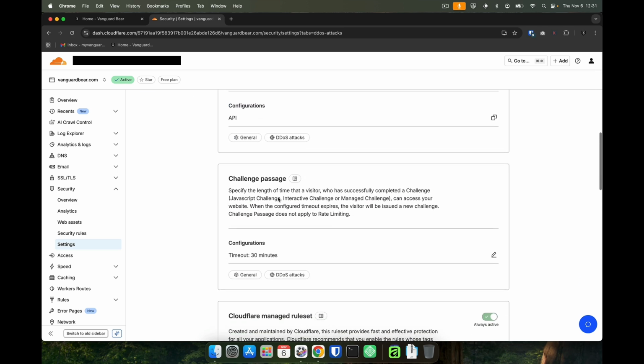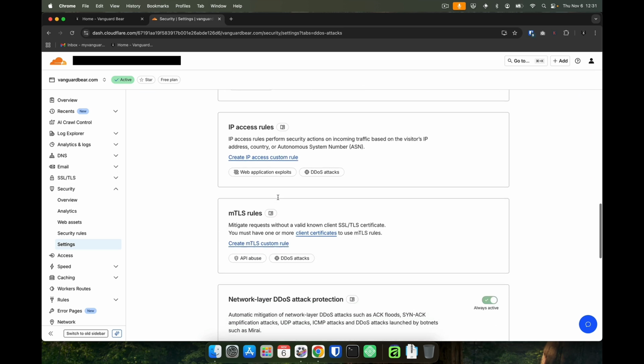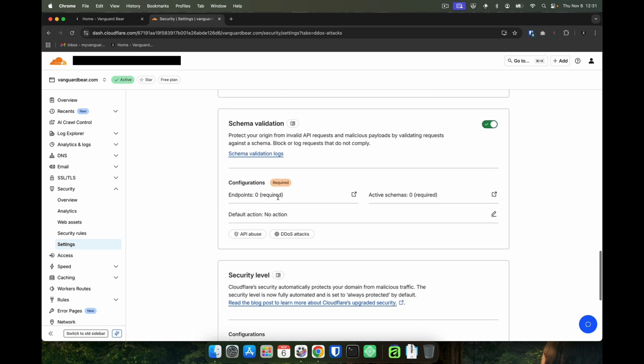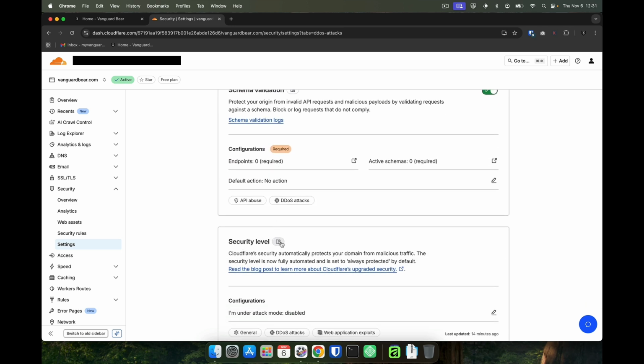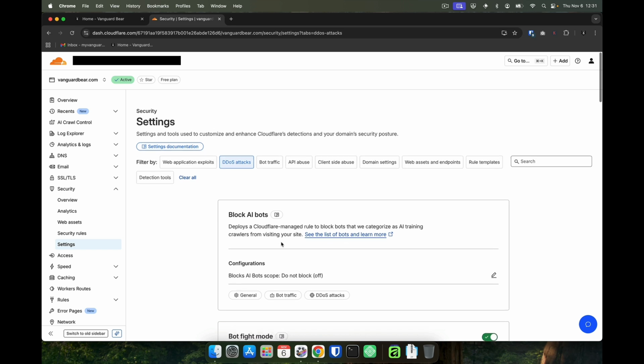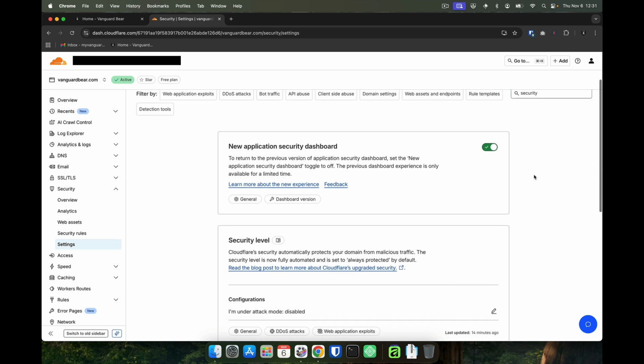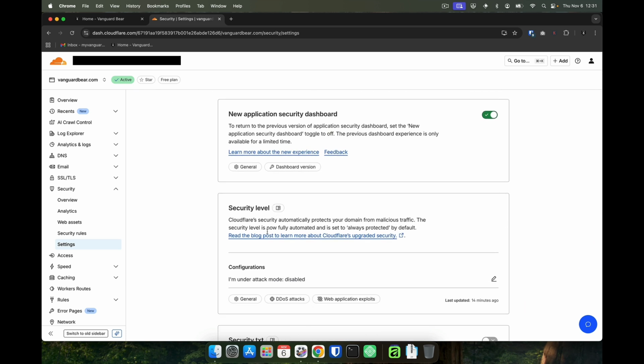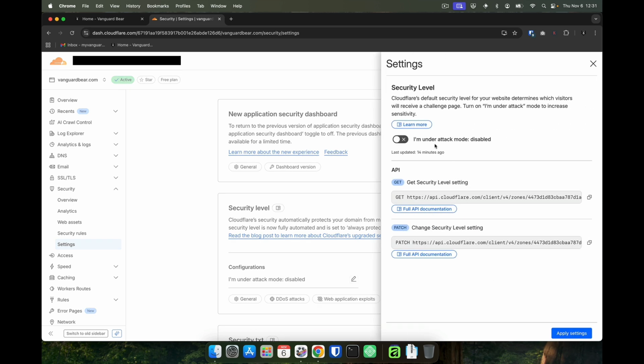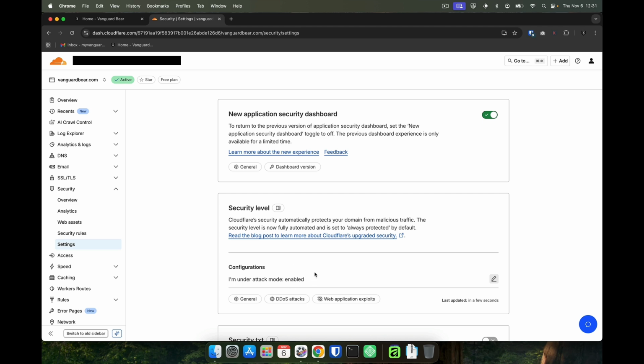And what we're gonna do, we're gonna scroll all the way down until we see security level over here, right? Another way to get to that, if you haven't selected a category, is to come over here and search. I'm gonna type it, and you should see security level over here. Right now I'm under attack mode. It is disabled on my end, but I can come up here and just turn it on. So right now it's going to be enabled, and when I apply the settings, it is now enabled,